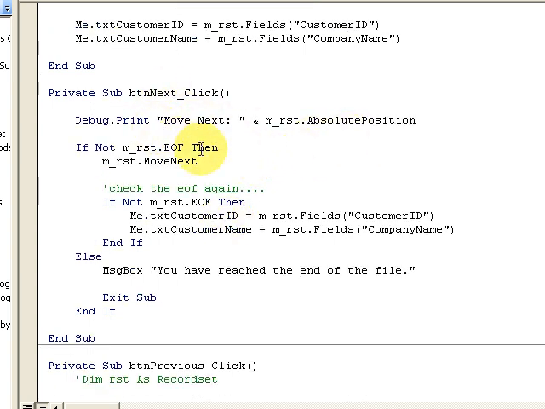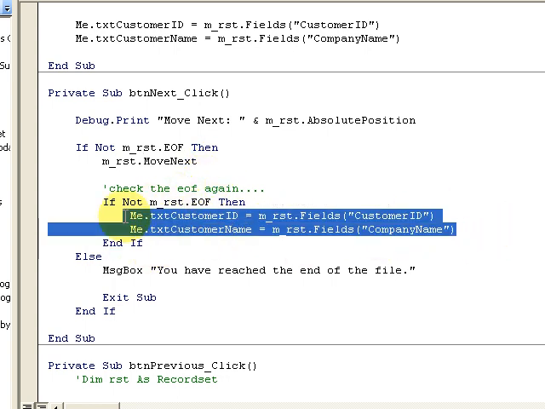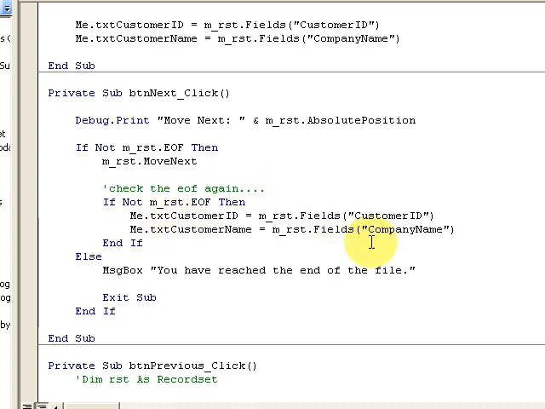I'm checking if it's the end of the file, because I don't want to go off the end. It's like stepping off the edge of a cliff. I'm going to run into an error here. So if not mRSD end of file, then move next, and then I'm going to set the boxes, because I know that I'm going to run into an error if I do not. And if I run into an error, I say, you have reached the end of the file,